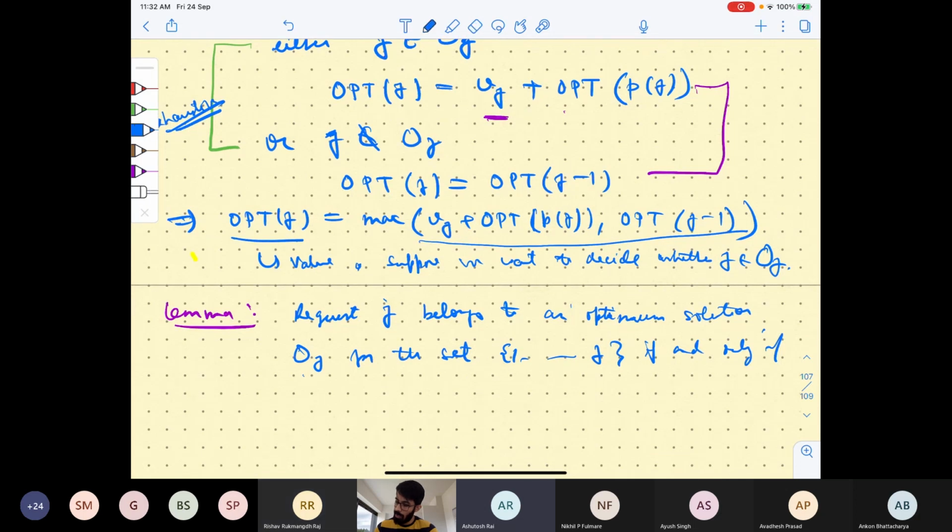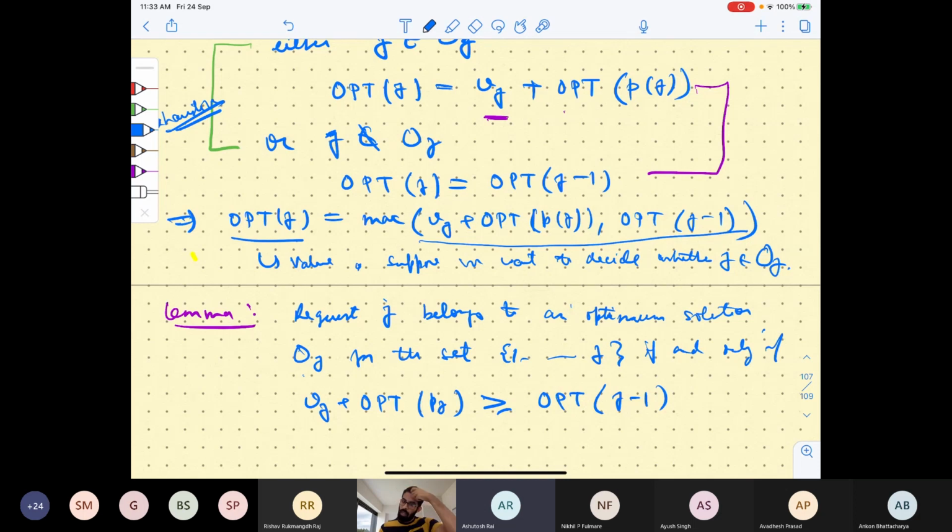Yes, exactly. So let's just say vj plus opt of pj is greater than or equal to opt of j minus 1, right? Exactly what you said, it should be equal to the first value, and it will be equal to the first value when the first value is at least the second value, right? Okay,